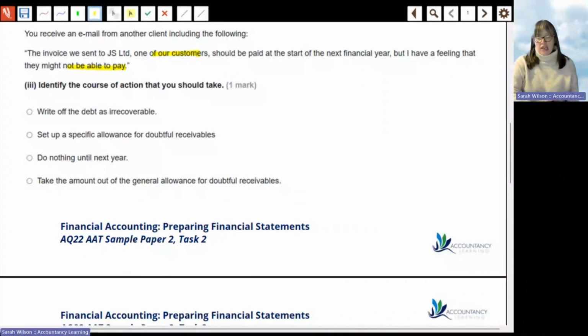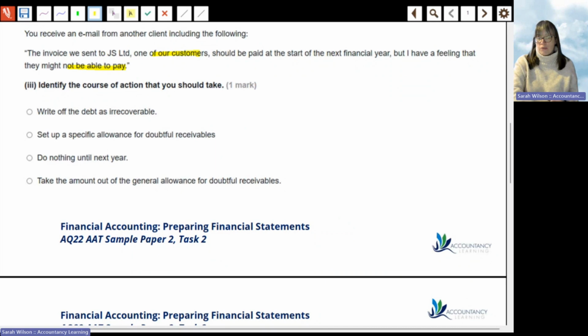So because the invoice has been raised in the financial year that we're working on, regardless of when it should be paid, so it should be paid next year, but they're telling us that they might not be able to pay. So because this is a likely situation that might happen in the future, we need to make sure that that's a provision in the current year so that it then becomes effectively an expense to the business in the current year. We shouldn't leave it until next year, but also importantly, we shouldn't write off the debt immediately. It doesn't meet the criteria yet